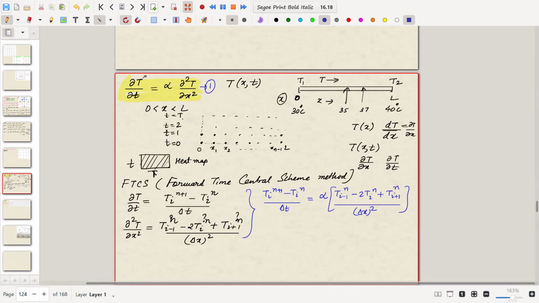Now what should we do? What is our aim? Yes, exactly. Our aim is to find the temperature at the next time step. Okay, so T_i^(n+1) is equal to